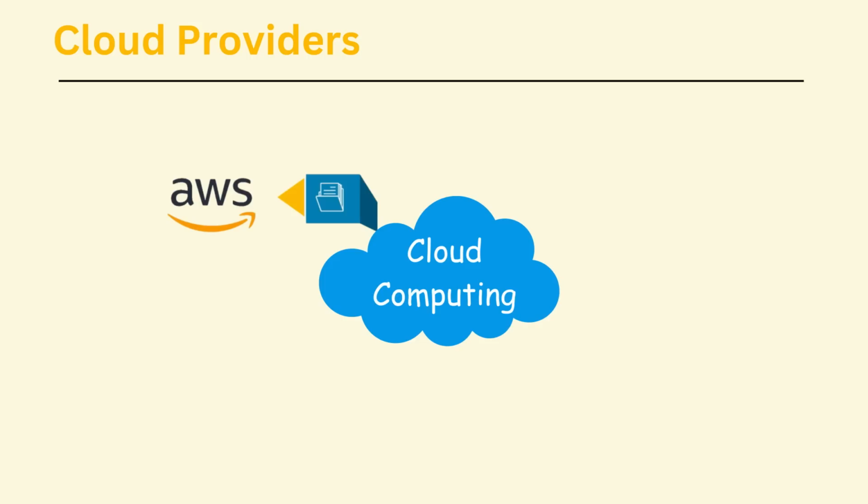As the next thing, let's talk about the different cloud providers. Amazon Web Services (AWS) is a cloud computing service provided by Amazon. It provides a mix of infrastructure as a service, IaaS, platform as a service, PaaS, and packaged software as a service, SaaS, offerings. Microsoft Azure, formerly known as Windows Azure, is a cloud computing service by Microsoft, and it sort of specializes in using cloud for building, testing, deploying, and managing applications through a global network that Microsoft manages.